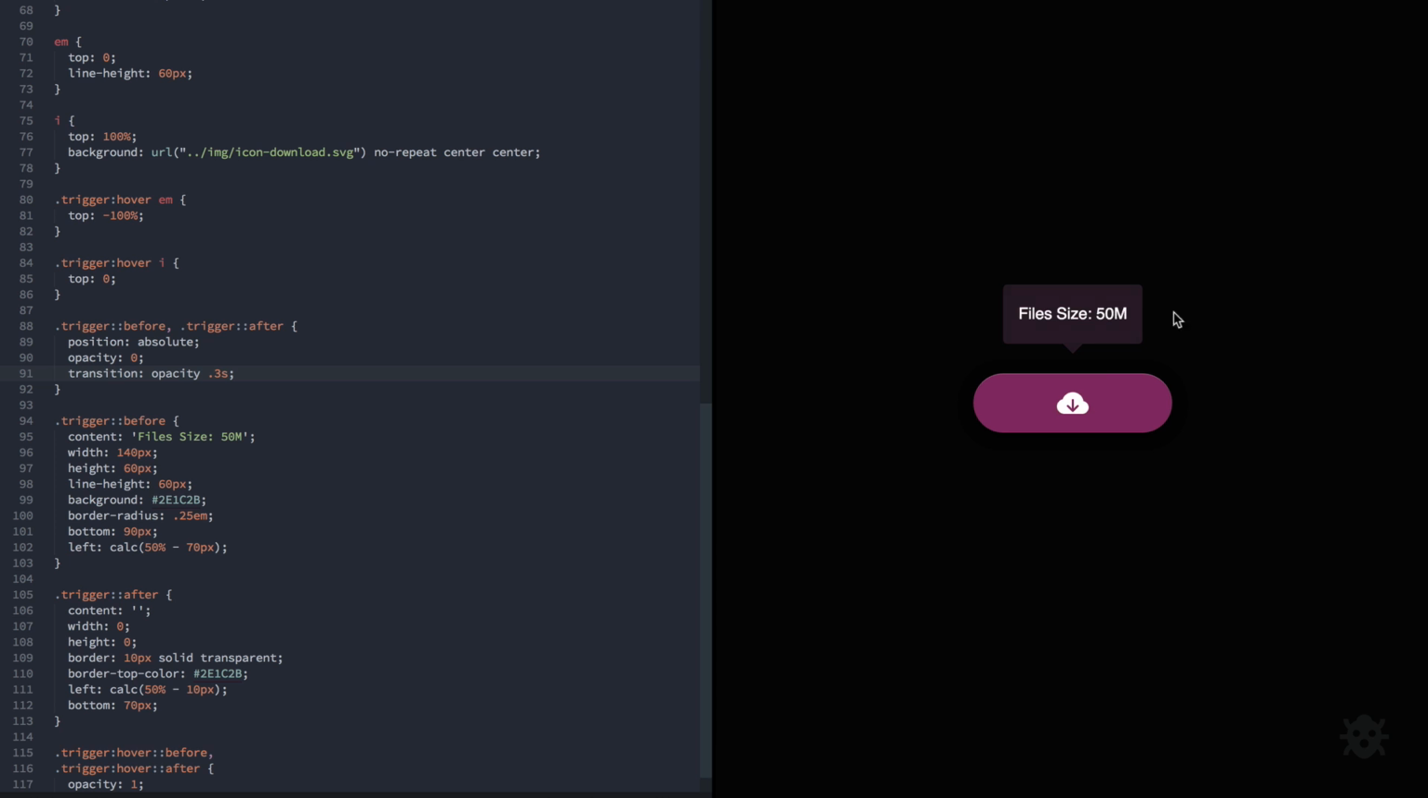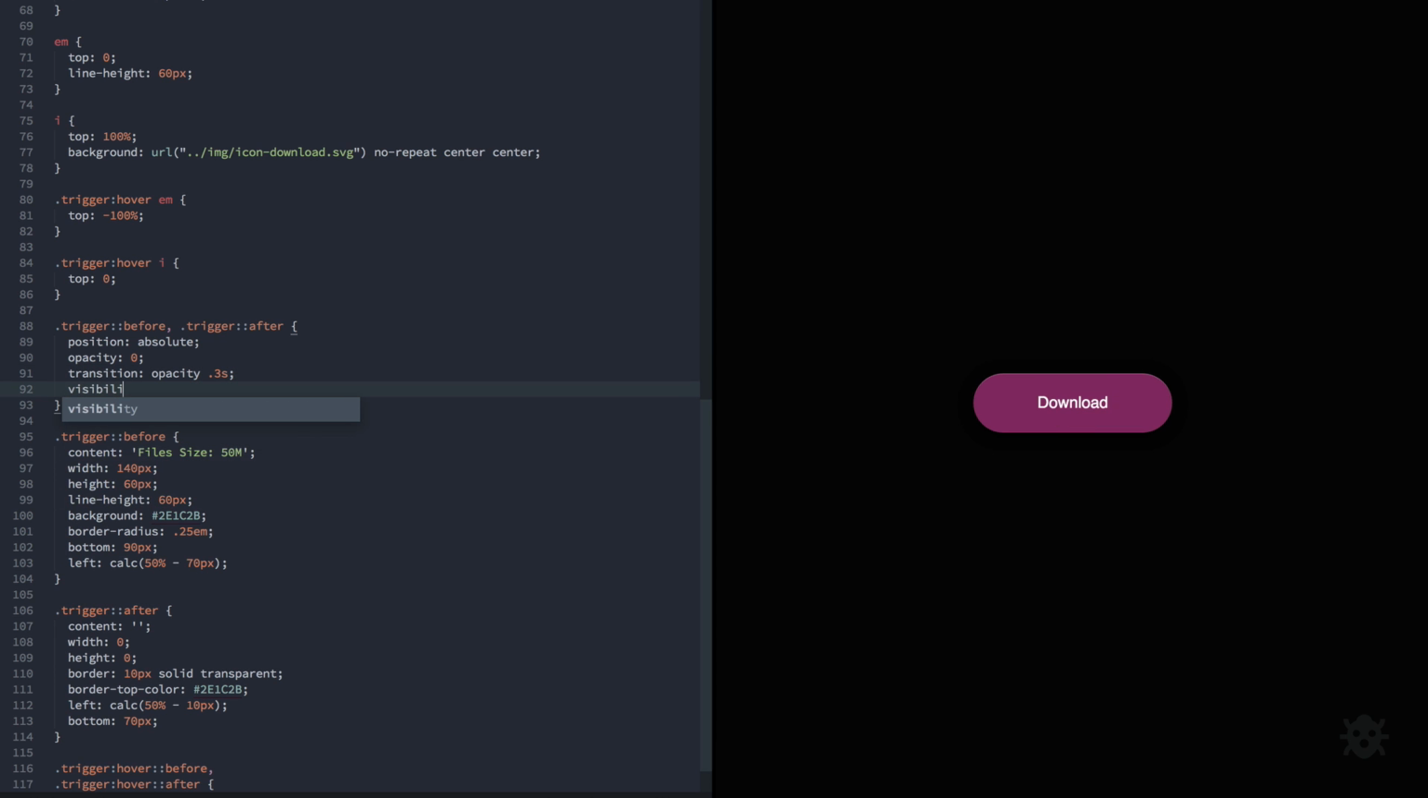Anyway, however, we have a problem here. When we play with the opacity, the element is not visible, but it's still there. I mean, I can still interact with the element on mouse over. So I need to combine the opacity with another property for this to work. And I will be using the visibility. So when you use visibility hidden, the element is still part of the flow, even though